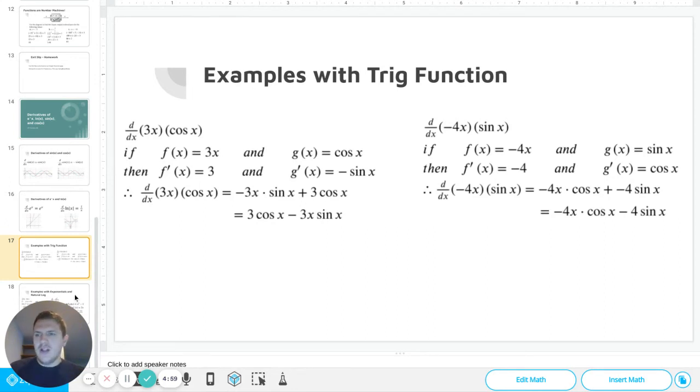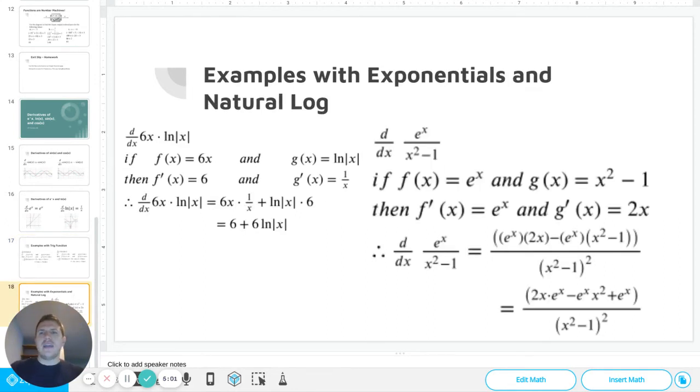Okay. Looking at some examples with exponential functions and natural log. Let's use the product rule for 6x times natural log of the absolute value of x. Okay. So if we have f of x equals 6x and g of x is equal to natural log of x, we get derivative of 6x is 6, derivative of the natural log of x is 1 over x, and